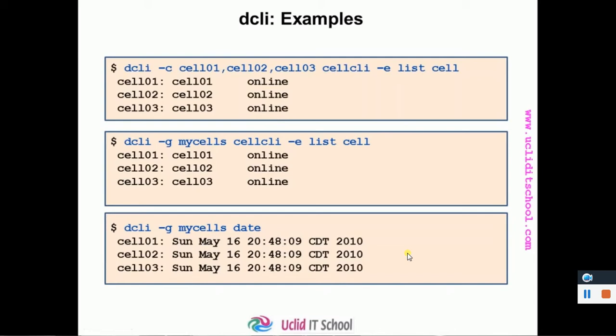Instead of connecting to every storage server individually, executing the date command and checking the date and time, you can use dcli from one of the cells and execute the command. That way dcli is very useful for centralized administration. From one cell you can execute commands on multiple cells.